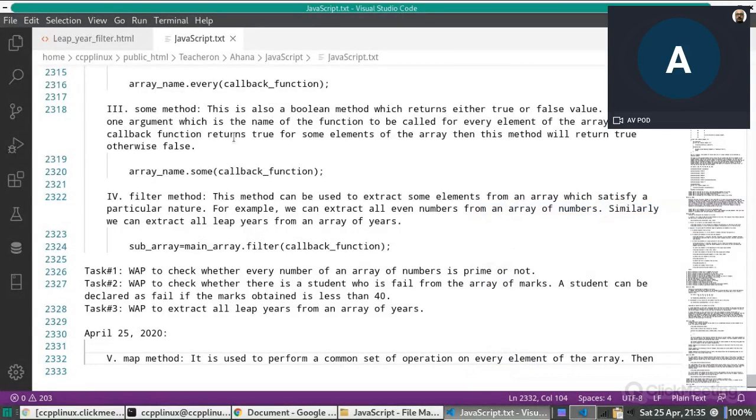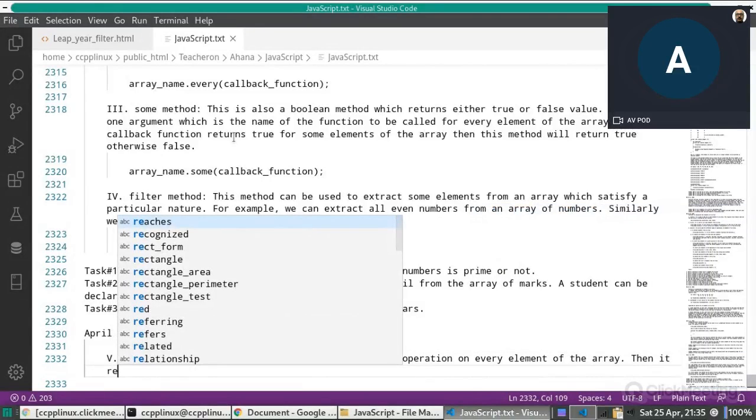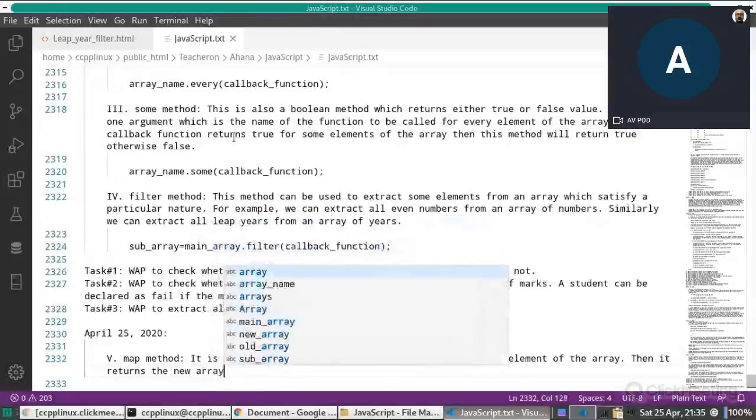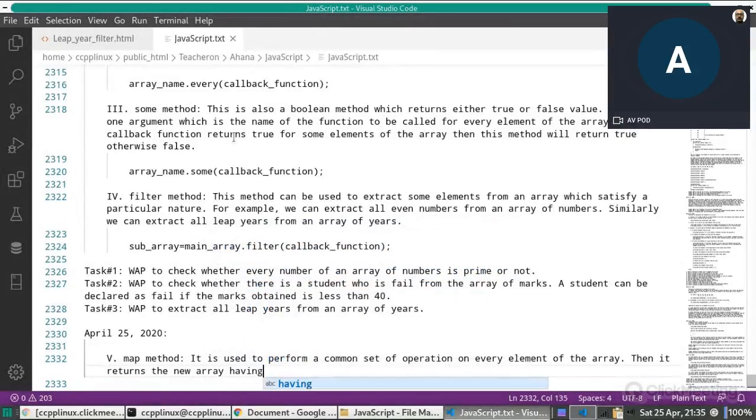Then it returns the new array having changed values. Okay.